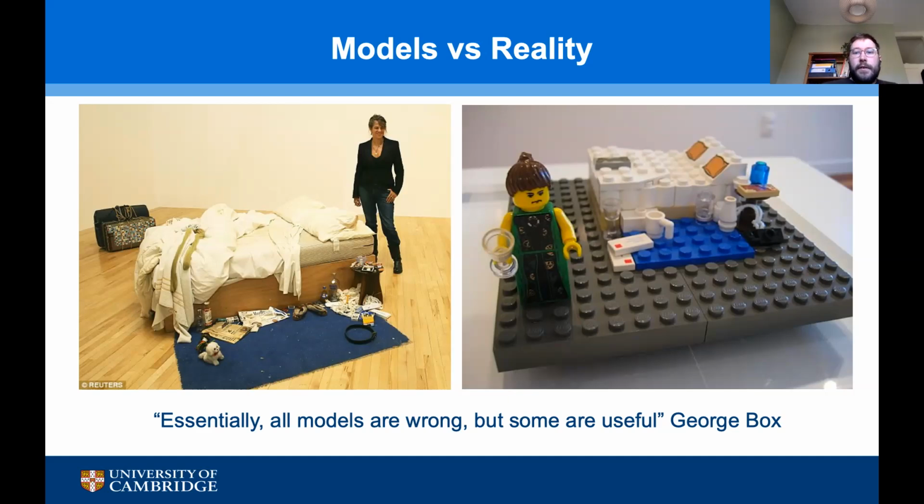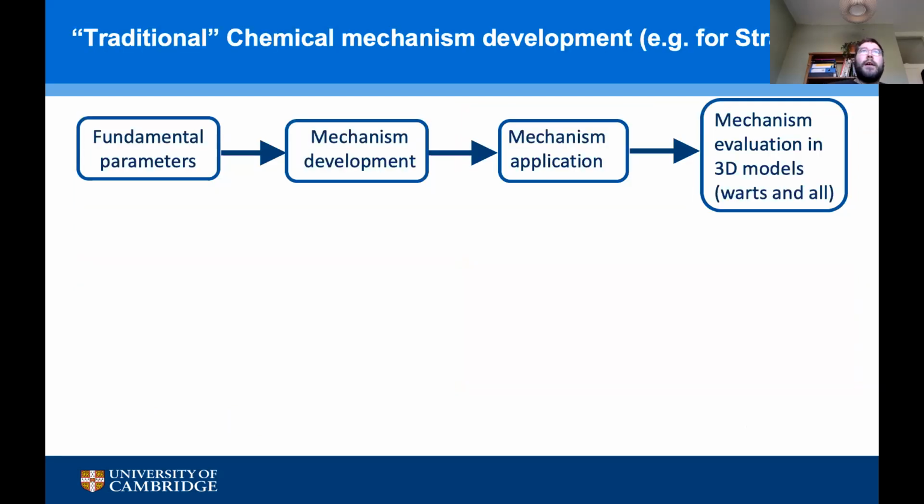And often more complicated or more realistic doesn't necessarily mean better. You want to try and have the optimal level of complexity for the scientific problem that you're trying to tackle, or whatever issue you're trying to tackle. So in terms of how the CRI mechanism was developed,